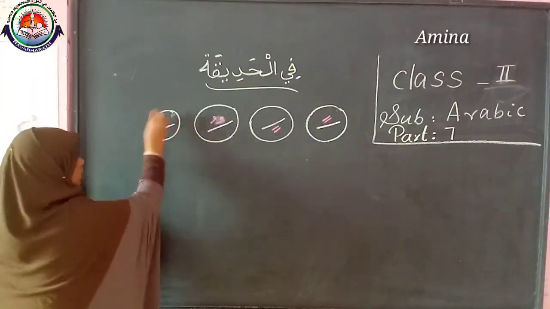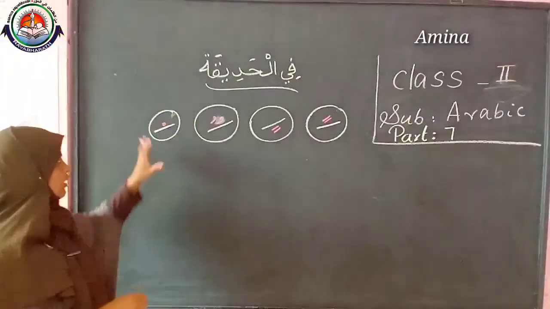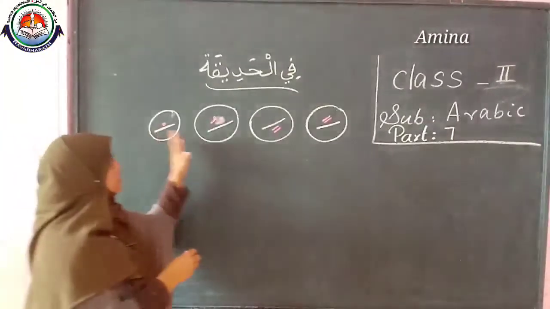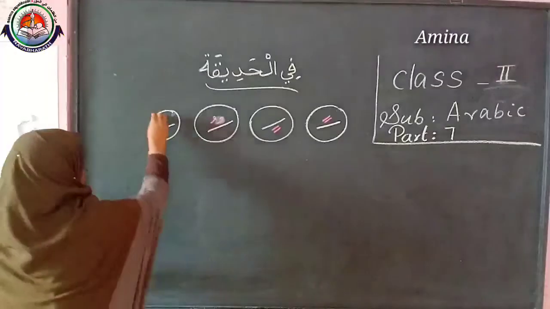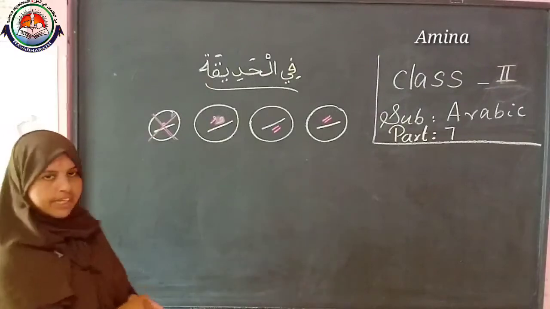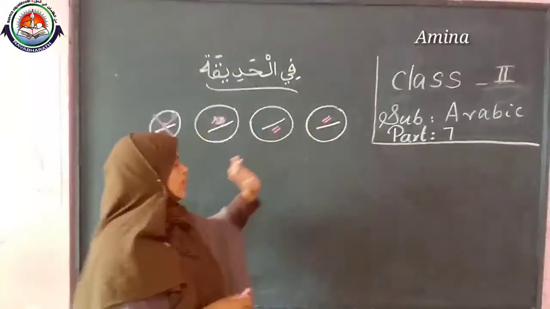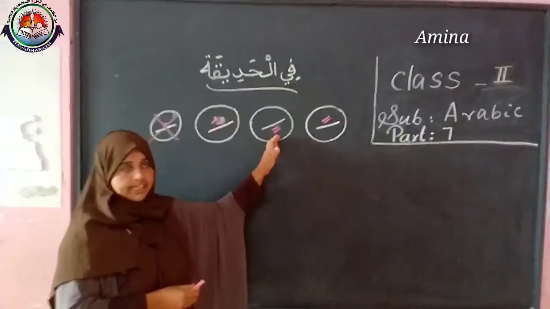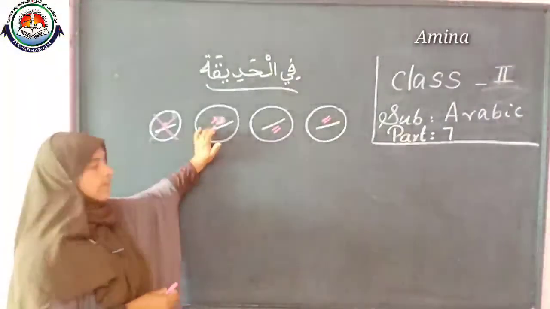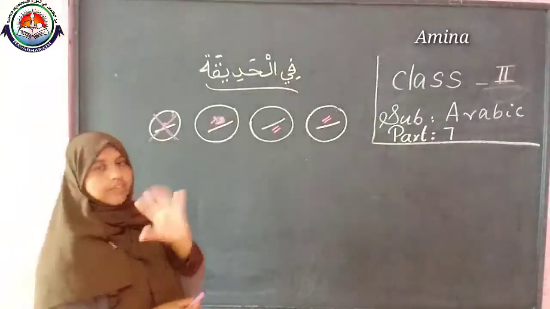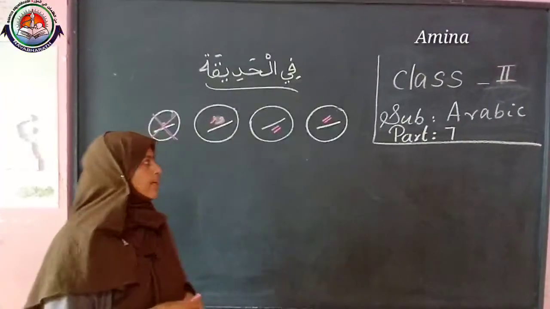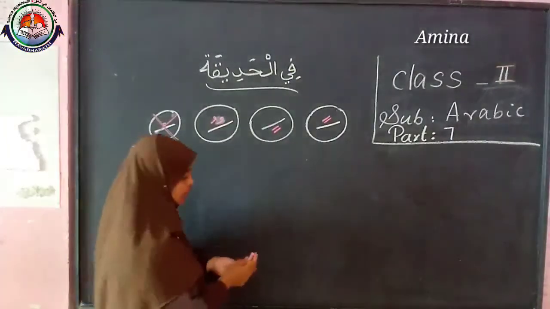We will not use this for Tanween. We will not pronounce that one. This we can cross out in Tanween. Tanween means double Fatha or double Kesra or double Damma. Double Sukoon will not be there in Tanween. Now, I will put this one